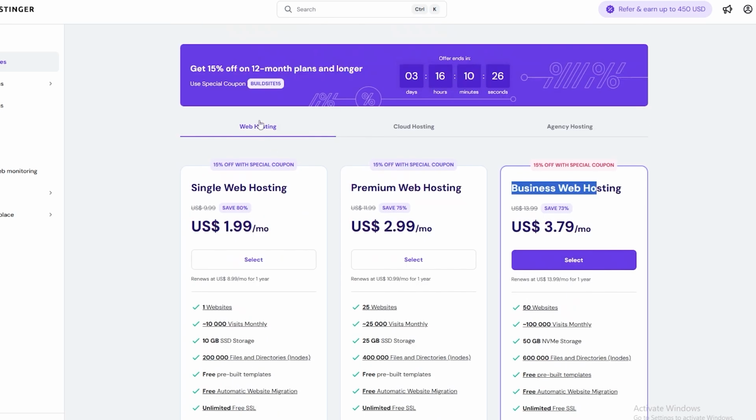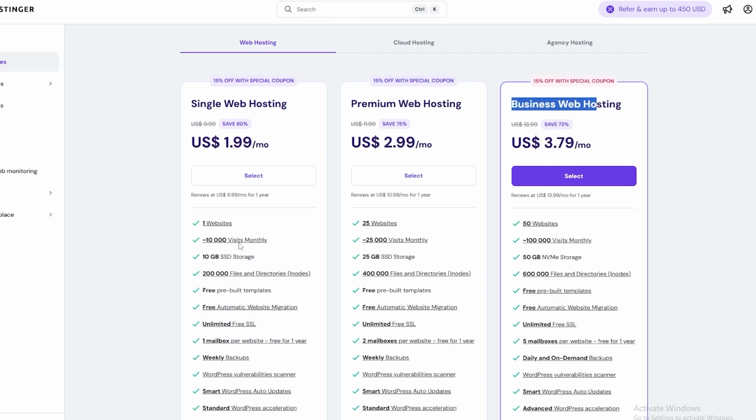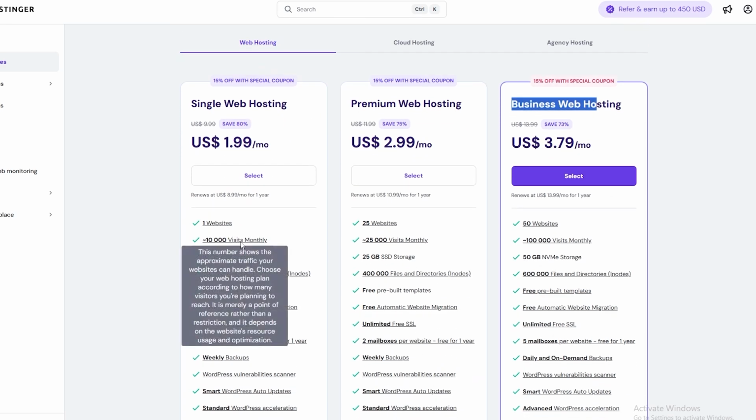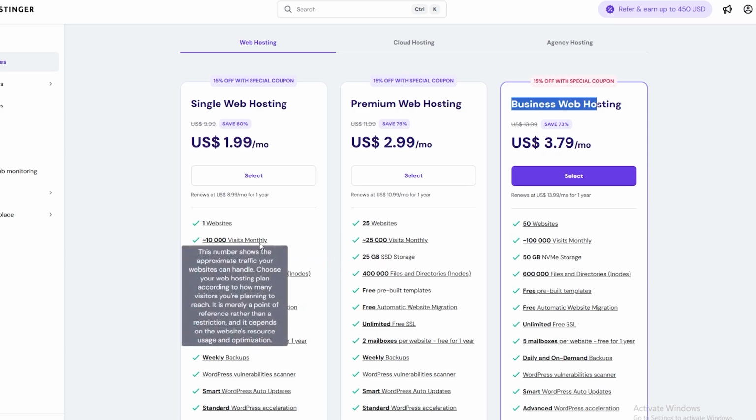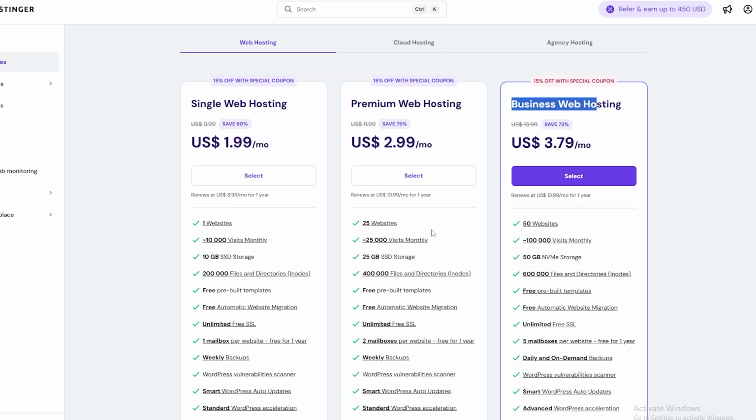So this one right here, single web hosting, supports up to 10,000 visitors per month. This number shows the approximate traffic your website can handle. So at a time, 10,000 people can come over to your website. Yeah, I think that's more than enough, unless you have a very different type of website, then of course you're going to need more visitors